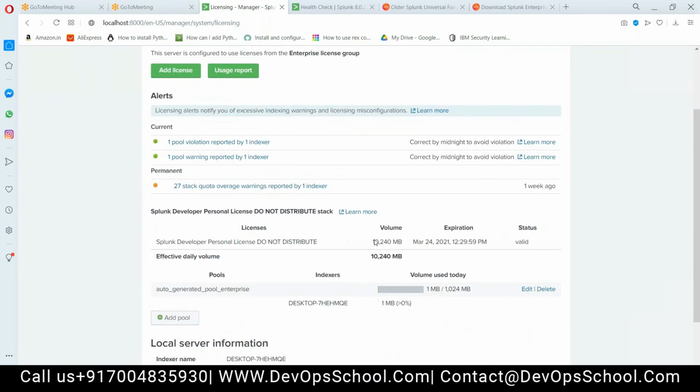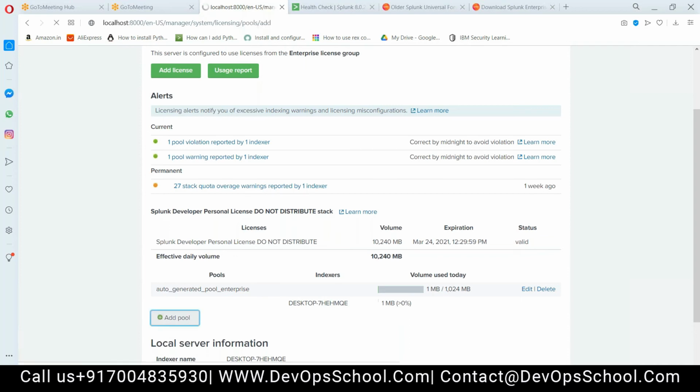When you freshly install a license on your machine, a single auto-generated pool of 10 GB is created. Now what I want is to subdivide this pool.